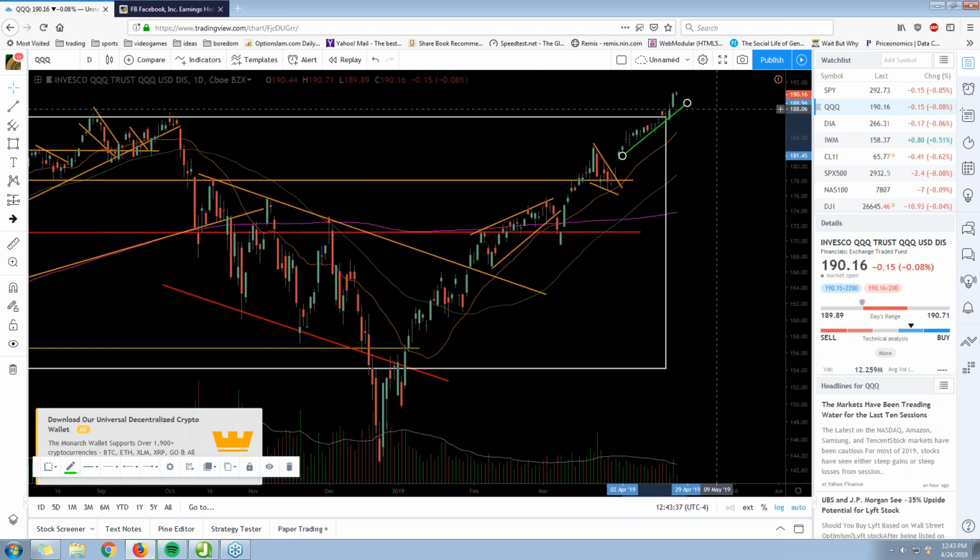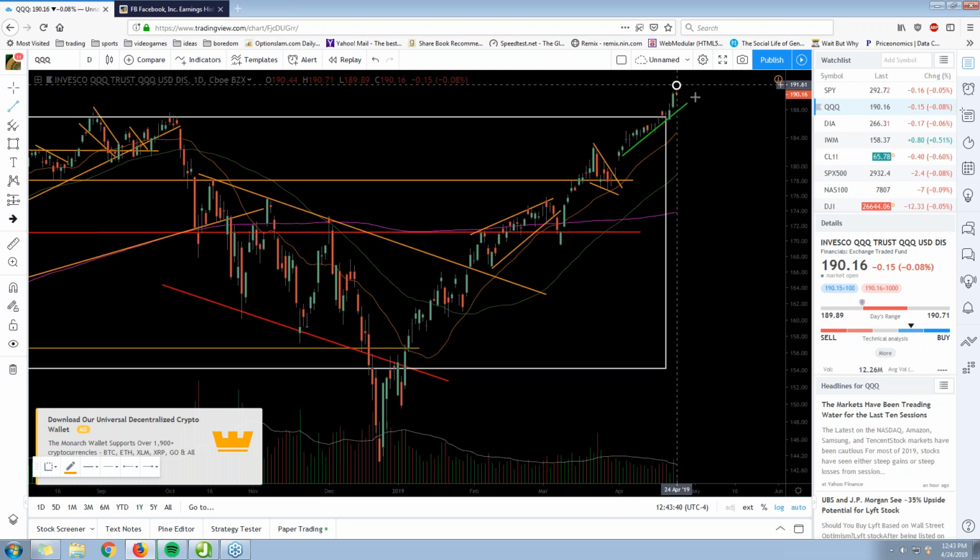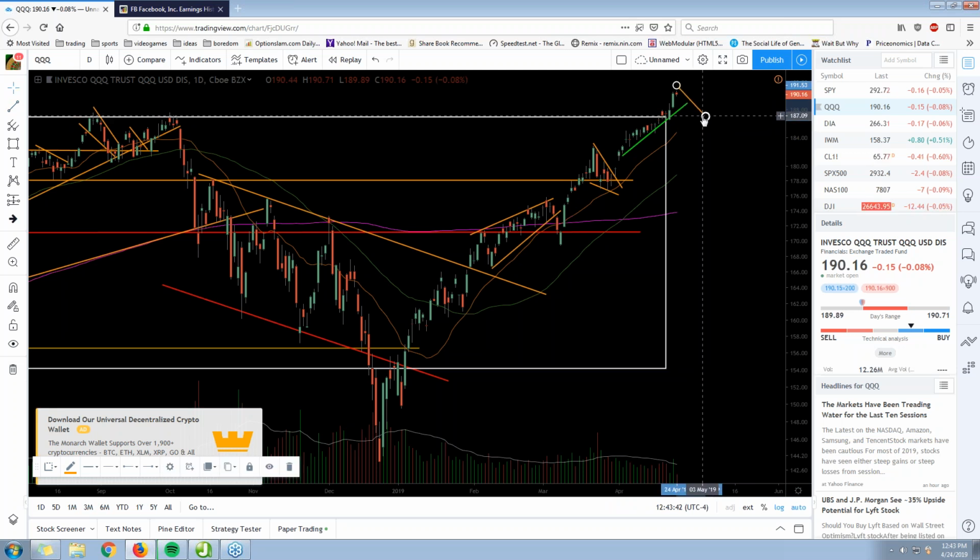And I think we're setting up a situation now where when we finally pull back, as long as we stay above 187, I think that bodes well for all the markets, obviously not just the tech names, but all the markets in general. And this could set us up for a new leg up in our